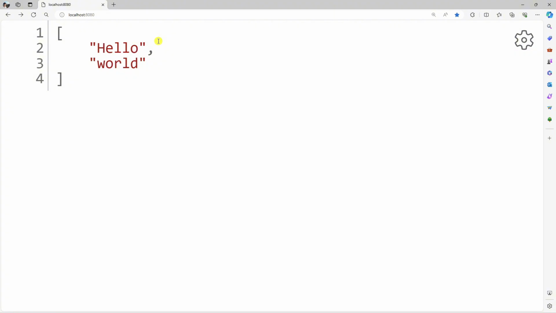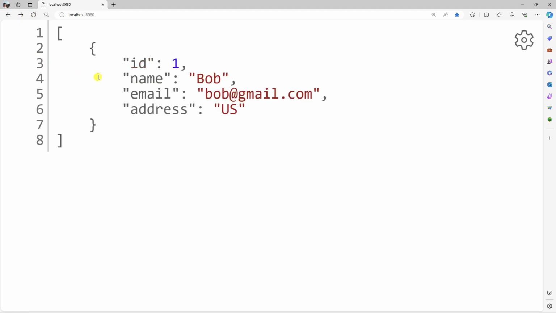So before we had the Hello World API. If I reload the page, you can see here it returns a customer object displayed with a JSON body.